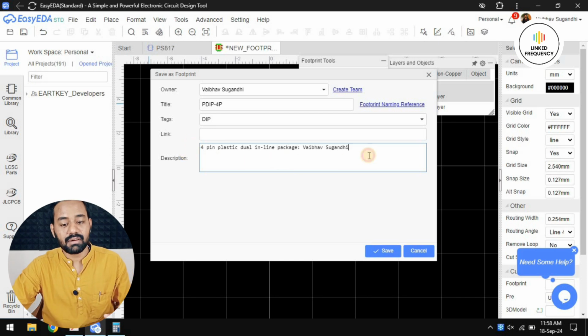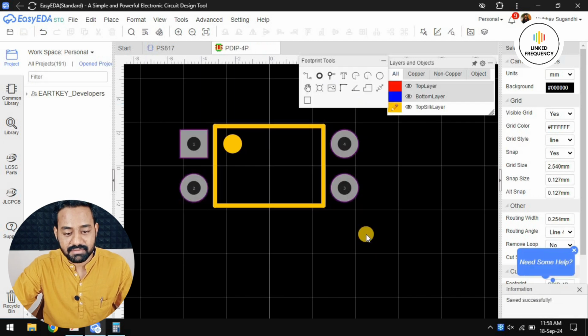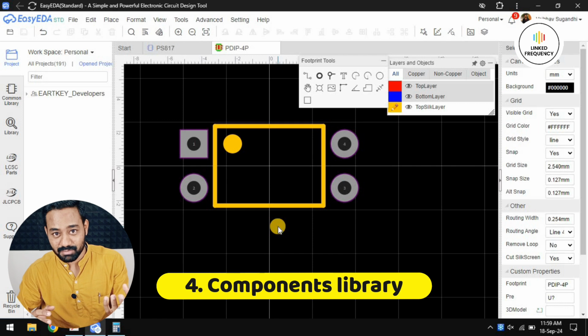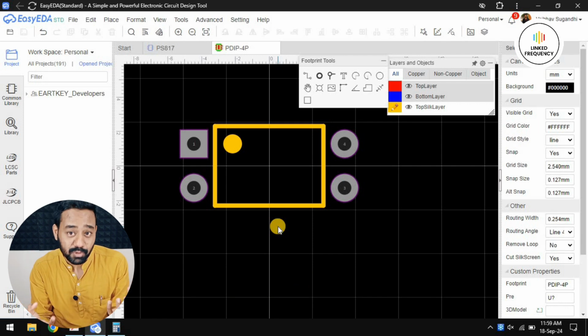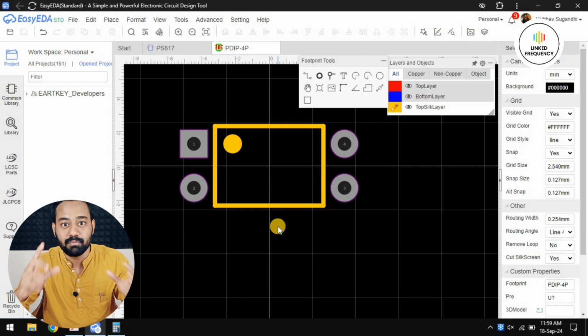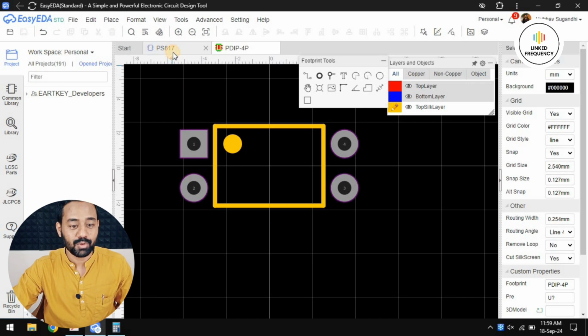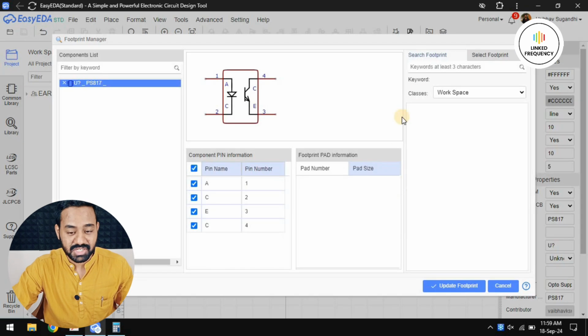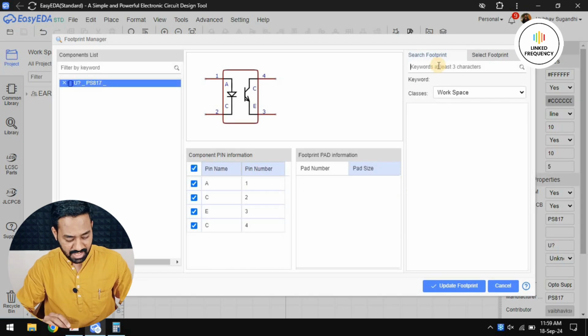Alright, so this is how our PCB footprint needs to be saved. And when I click on save, we are done with designing the PCB footprint for the opto-coupler. Now it is time to go to the schematic symbol and combine the schematic symbol library and PCB footprint library together to create a component library. How do we do that? We'll go to the schematic symbol that we have recently designed and then click on the footprint section and search as